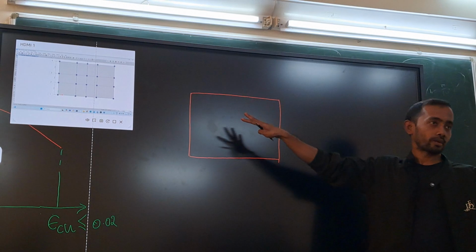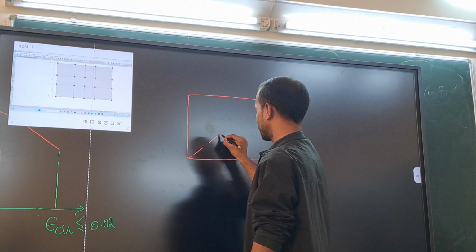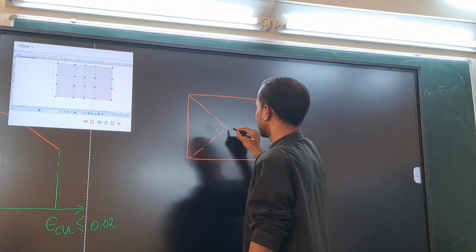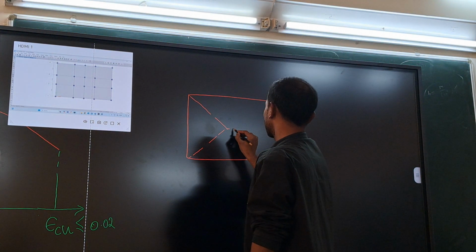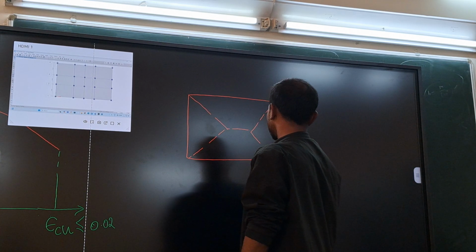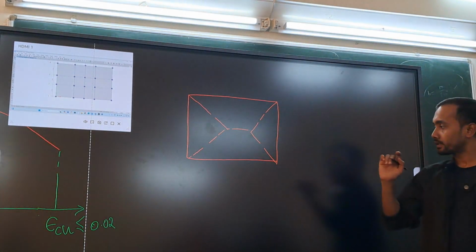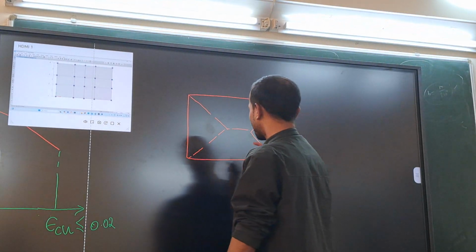Suppose this is your slab panel. Okay. So this is our assumption to distribute the load. Now